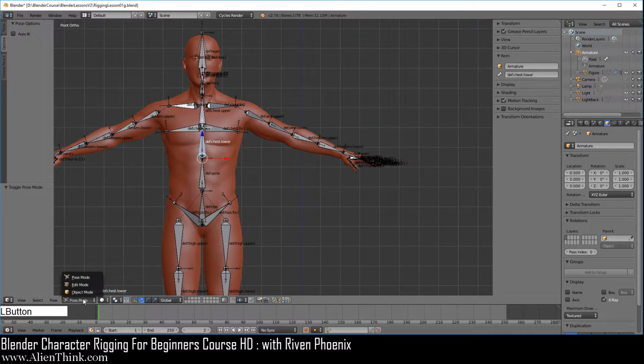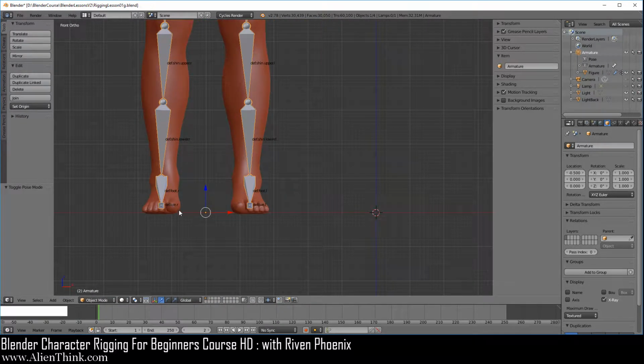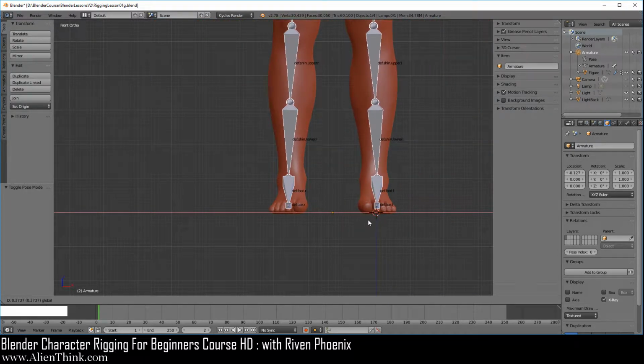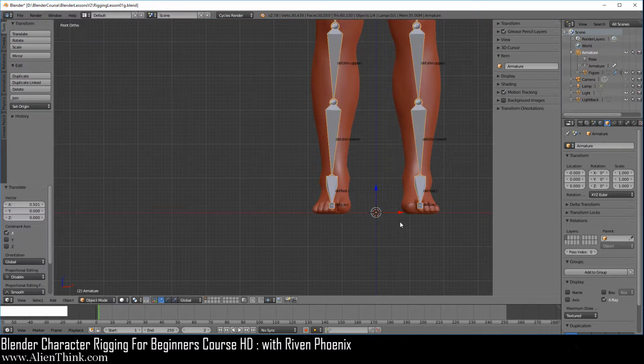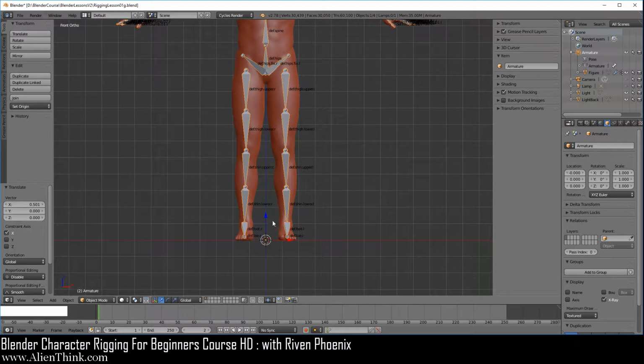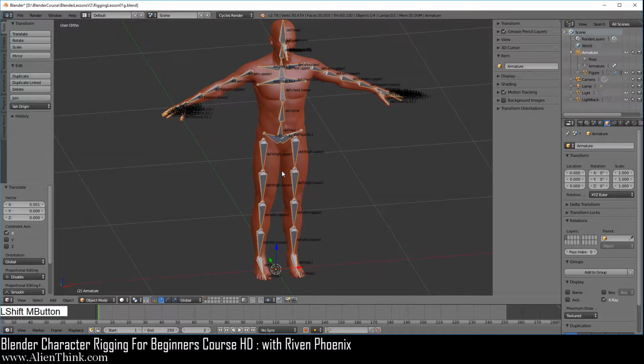Now what I want to show you here is if we switch to object mode over here, you can see that the origin point for the armature is right over here. So when we have the armature selected and move this figure in the 3D view, we can place this figure anywhere that we want inside the 3D view, depending on what our scene looks like. So the origin point is always going to move with the armature. You can do middle mouse button to look at it like this.